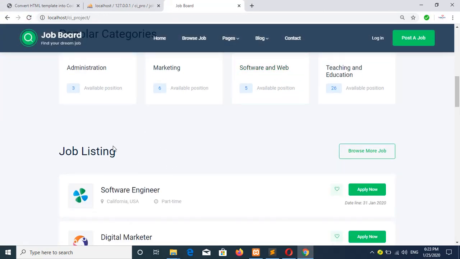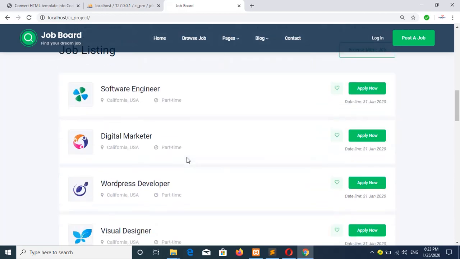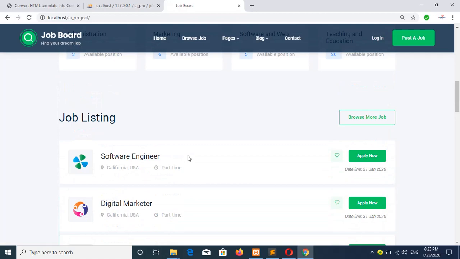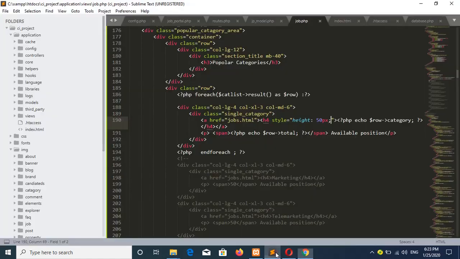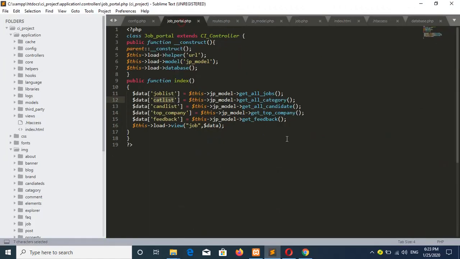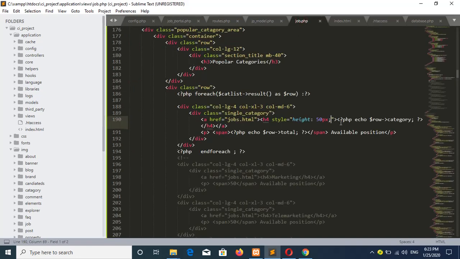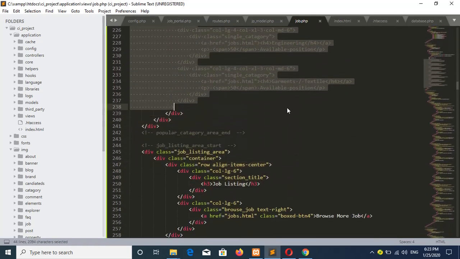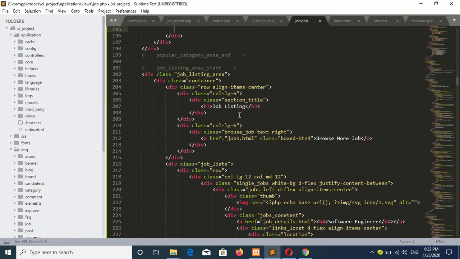Okay, now I will make the job listing dynamic. For the job listing, you can check the get all jobs, and the variable name will be job list. So first of all, I have to find out the job listing section. Now you can delete this section. This is job listing,